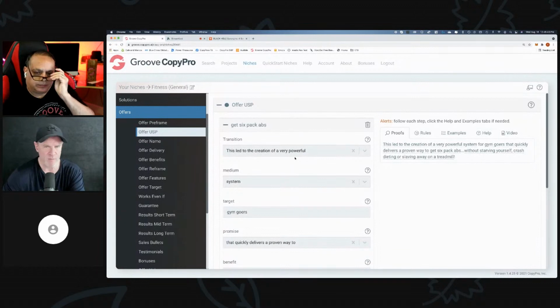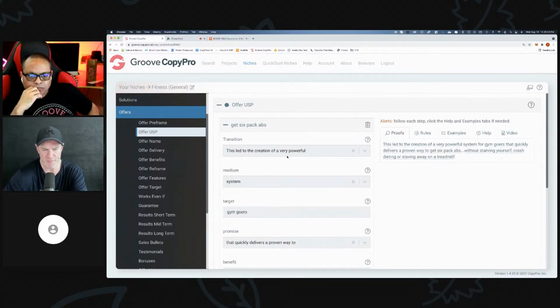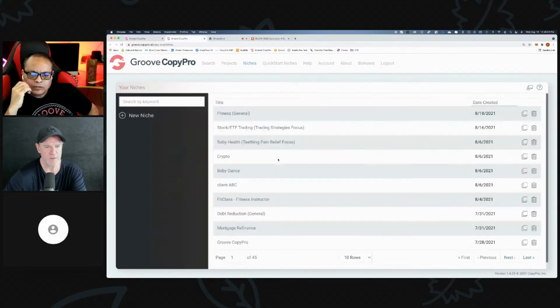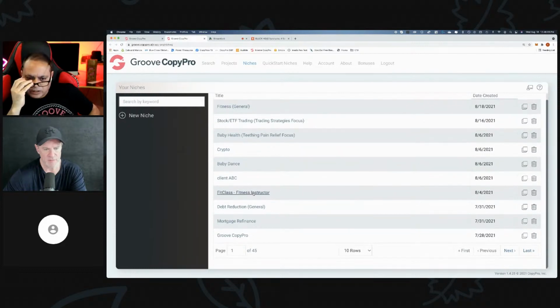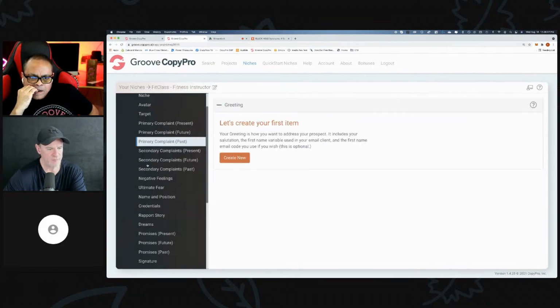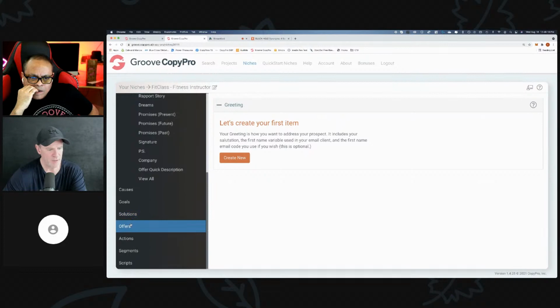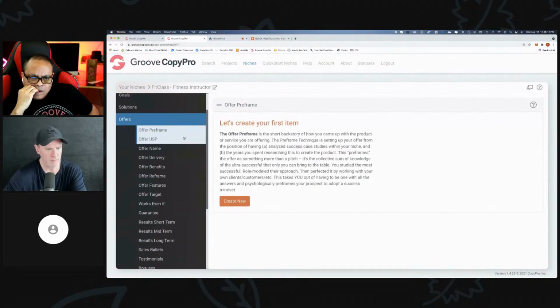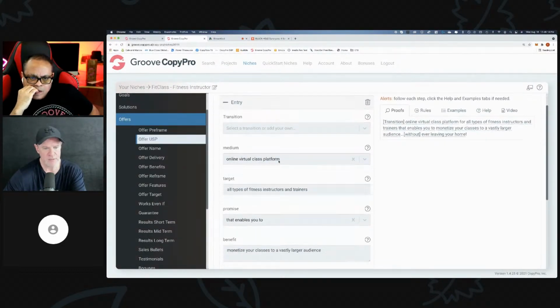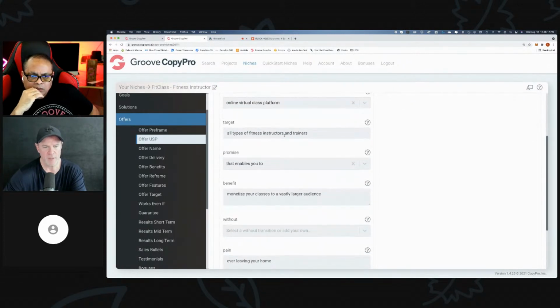Okay. Well, now remember the USP. You can literally just rattle off the USP, since it's going to be exactly the same. So if you can remember what that was. Did we have it perfect in the previous week, or just the session? I can open it up if you want. I can open this up in a new tab and just look at it. So, yeah, if you don't mind. Come down here to the offers and look at the offer USP. And it is online virtual class forum, all types of fitness.